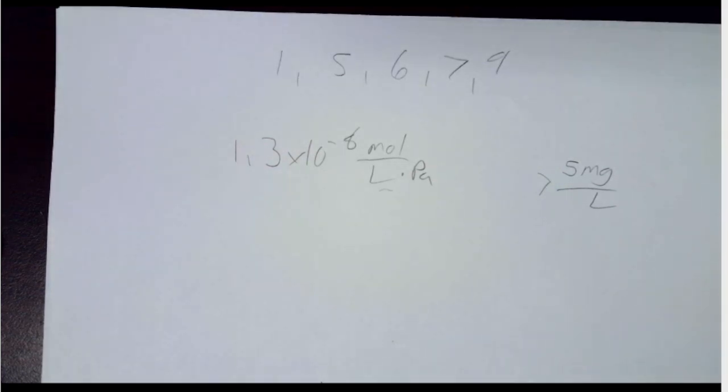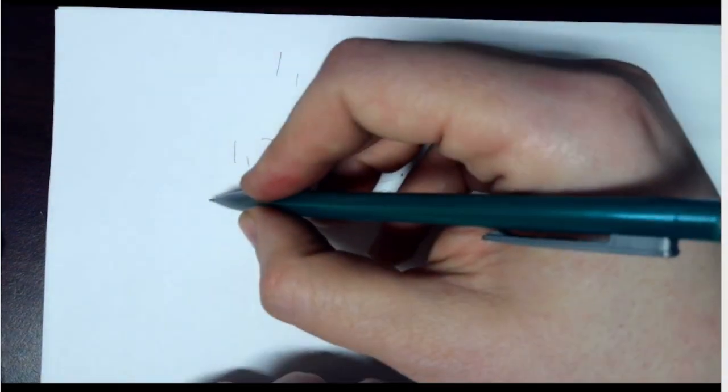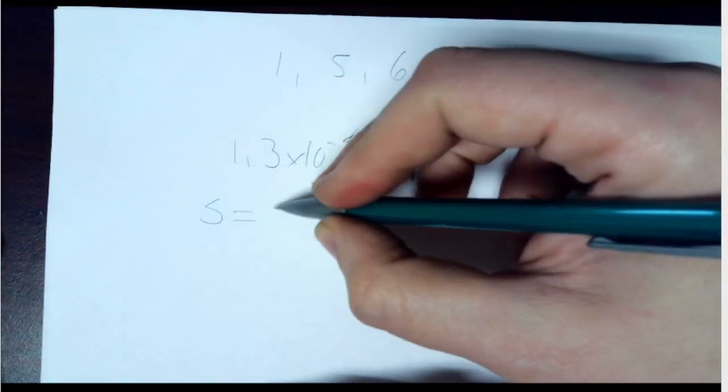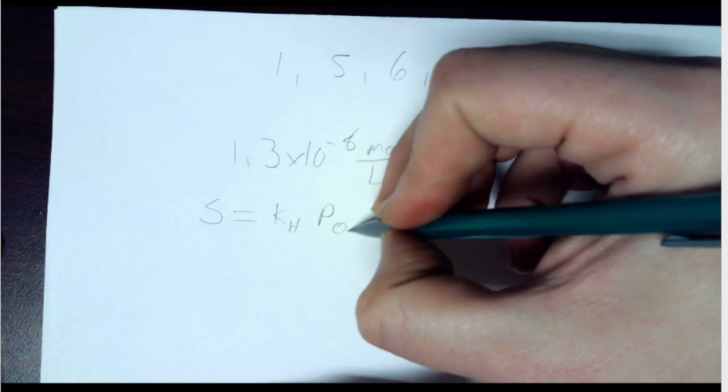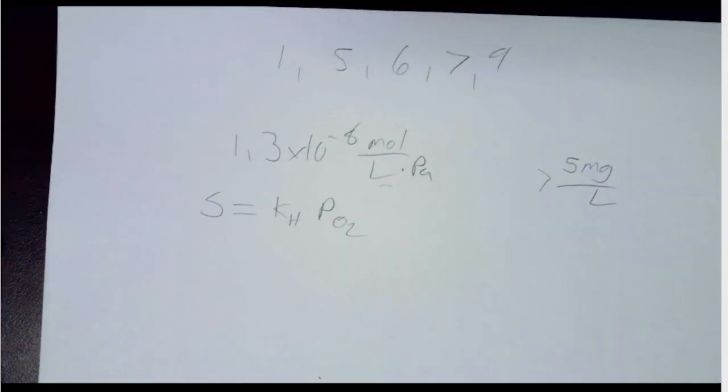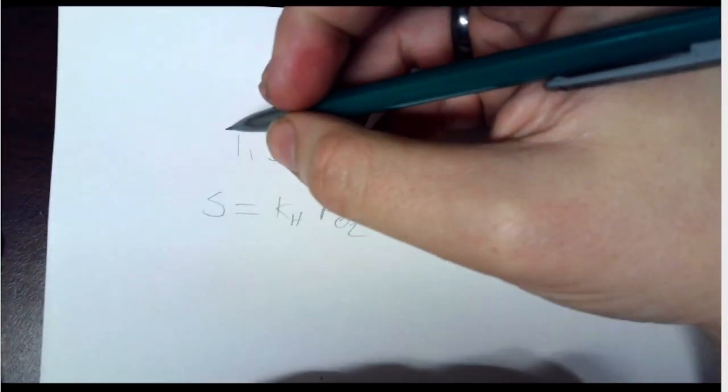So we are going to convert the pressure of oxygen into the solubility of oxygen. So the solubility is equal to K sub H times its pressure. That's what we're going to do to start this one off. So hypothetically,